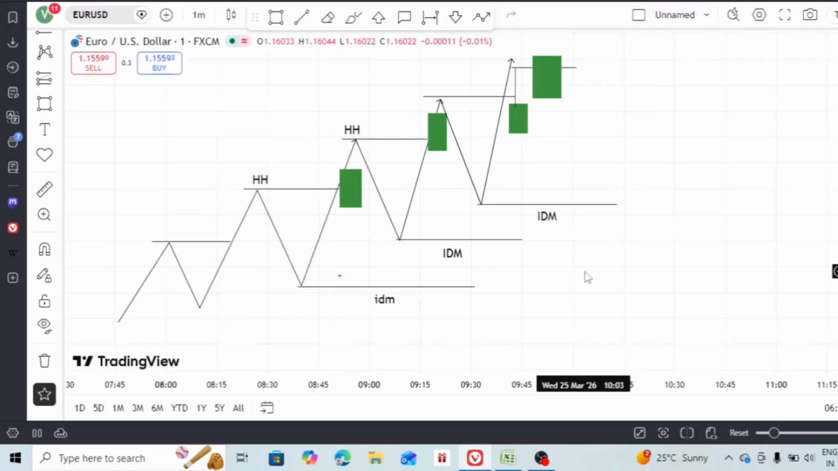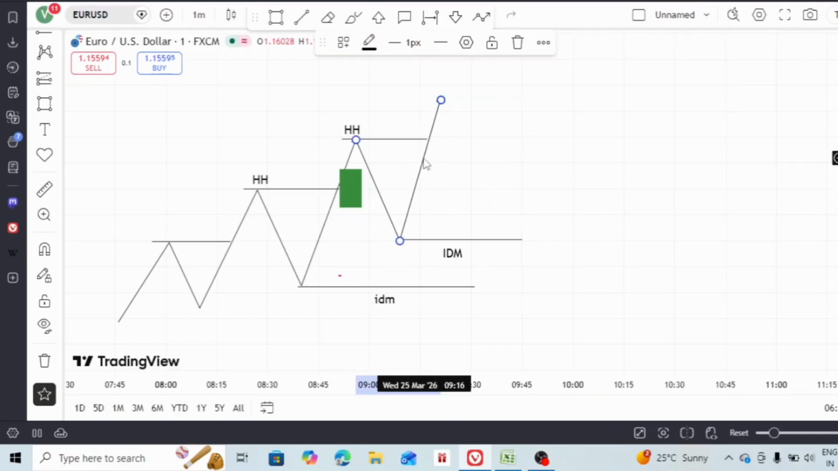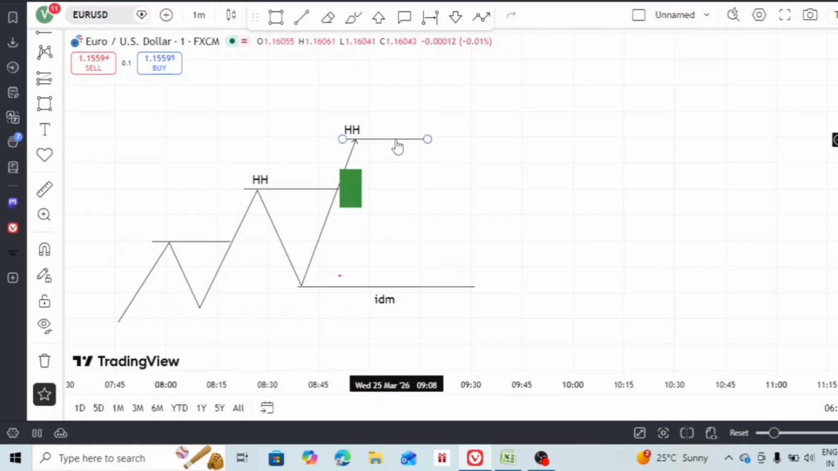So we will talk about the break of structure. Wait, let me just delete this so that we will have more space. So we have the confirmed higher high here. When the market returns to this level and mitigates this inducement,